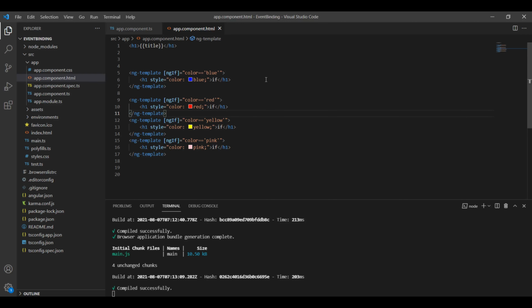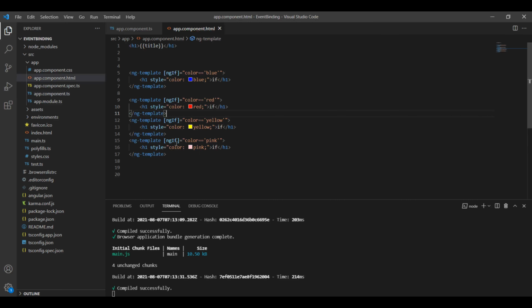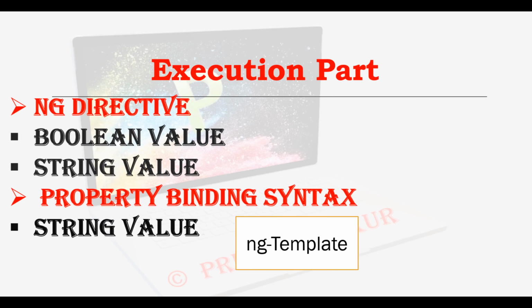If you want the value in pink and I change it to pink, the control will come to the last element. When it matches this ngIf condition, color equal to pink, it will be able to get the value if in pink color as shown on my screen. This is the execution part related to the ngIf and else statement in Angular 12.